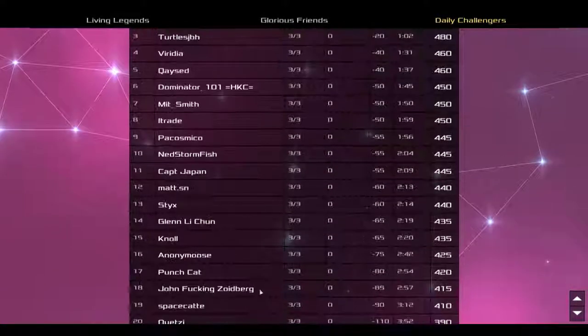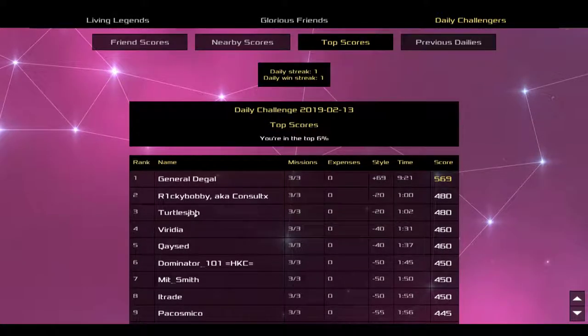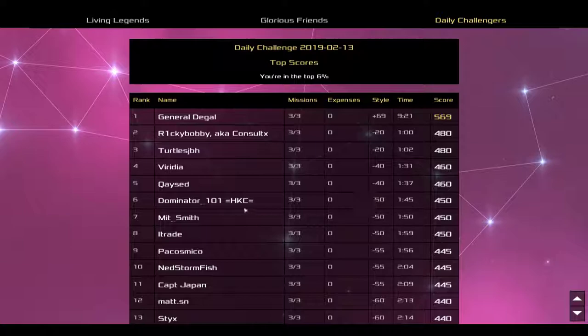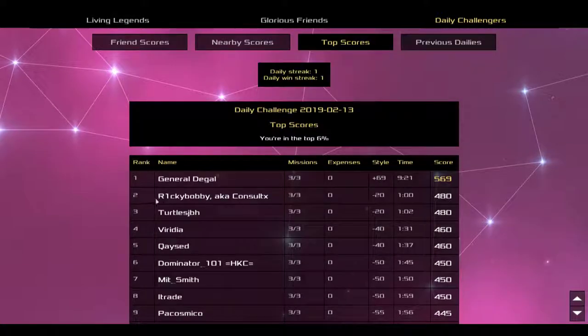Terran hasn't gone. Reneko hasn't gone. Turtles JVH got a good score. Dominator 101, HQC, Midsmith, iTrade, and so on. Yeah, I think this is a pretty good score. There were a lot of imprecise things though, so I think that